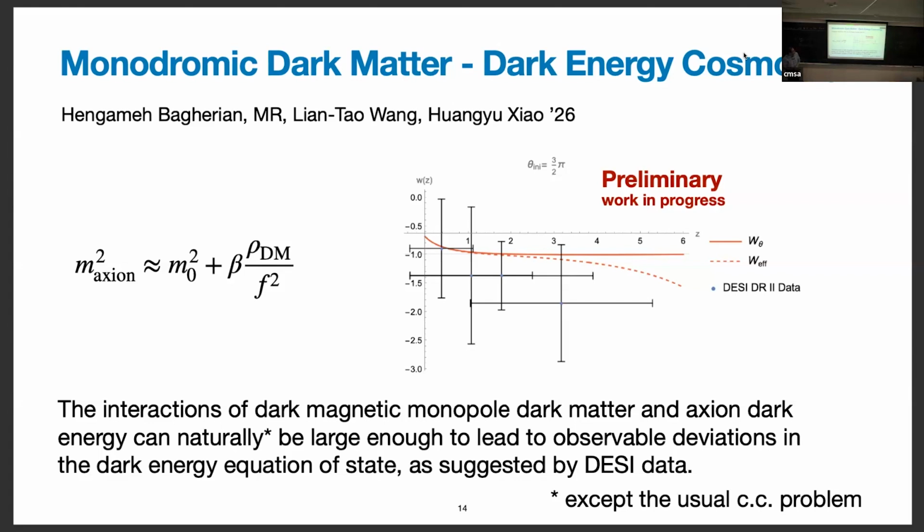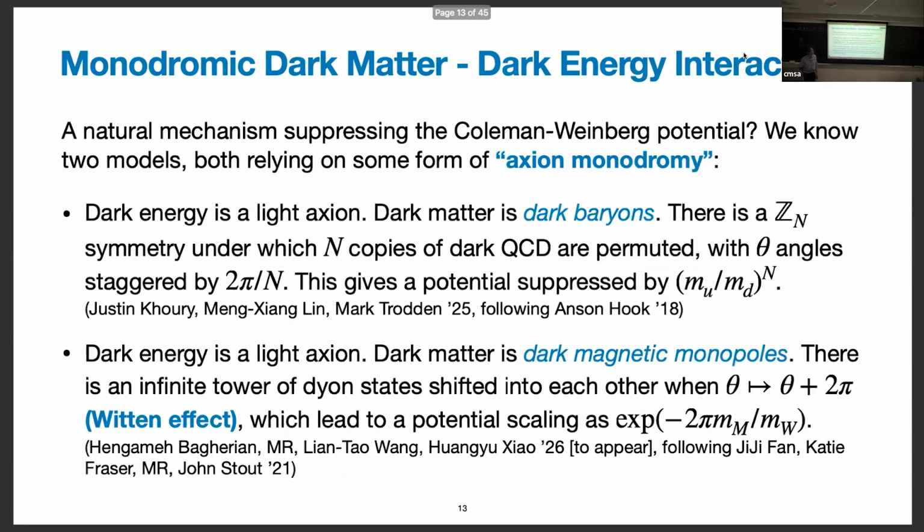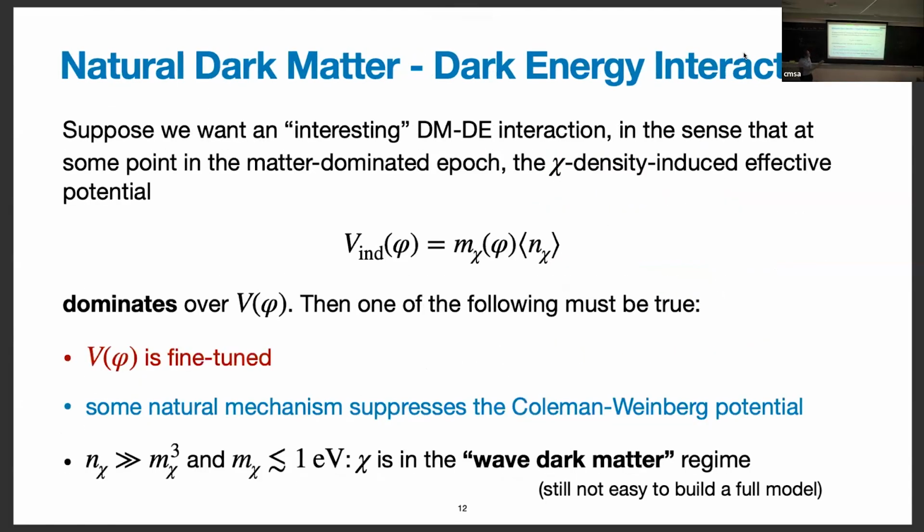You're fitting this to the MCMC, like CLASS runs? No, I think this is just fitting to these points with error bars. This is not a really detailed cosmological fit at this stage. Yeah. So does the equation of state of dark matter change by a lot? The dark matter is not changing a lot, but the dark energy is, because its effective mass starts out big and redshifts with the dark matter. So at first it's redshifting similarly to dark matter, and then it's transitioning to dark energy-like.